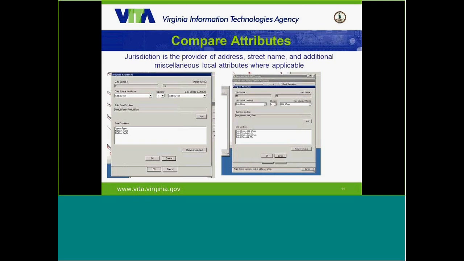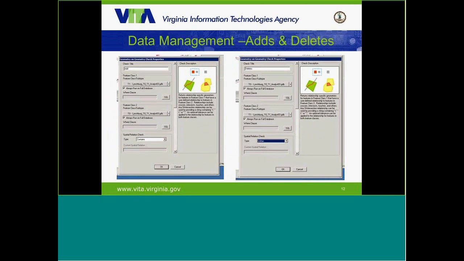Once you get your batches all set up within each individual locality, you do that in the MXD. You don't have to repeat it every time, which is nice, because once you get it set up, you can just pull in the new data and run this every time you get a new set of data from a locality.